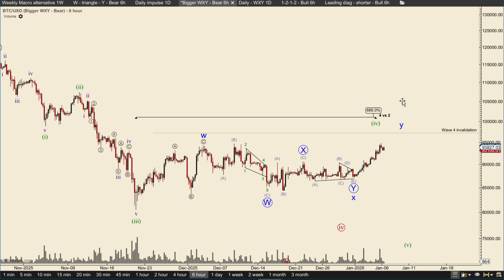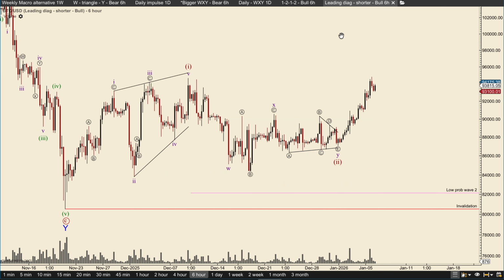That has the highest probability right now, just because of going by the book Elliott Wave Principle by Frost and Prechter. The corrective structures always have the highest probability in this kind of scenario. 1 to 1 2 is a special case, but a leading diagonal is never the highest probability. So therefore, this has the highest probability, and it also counts better as the leading diagonal as well, because in